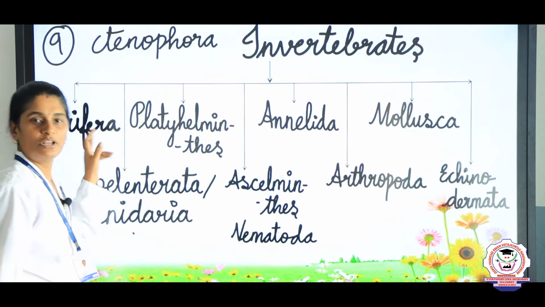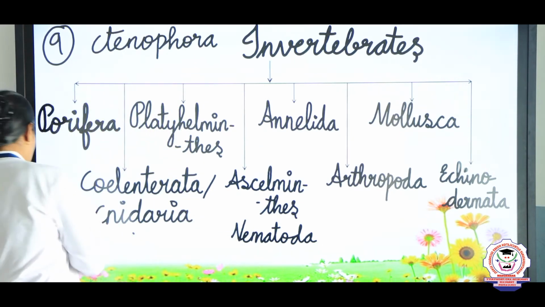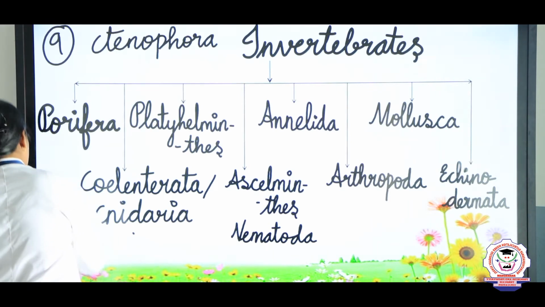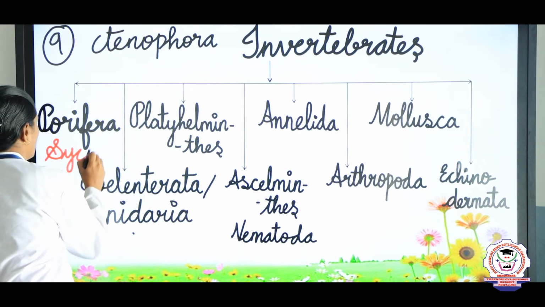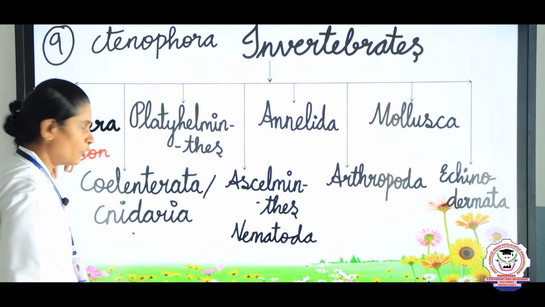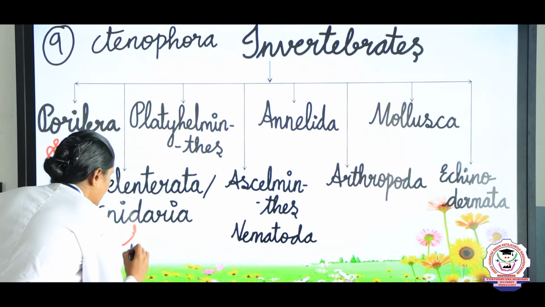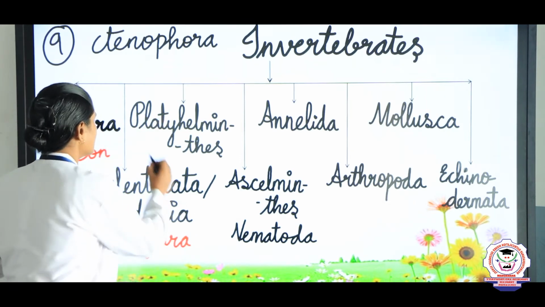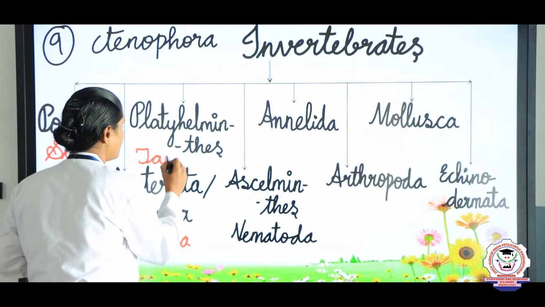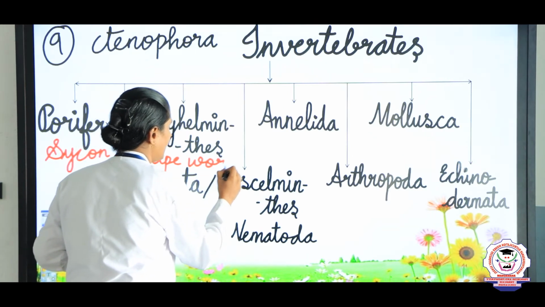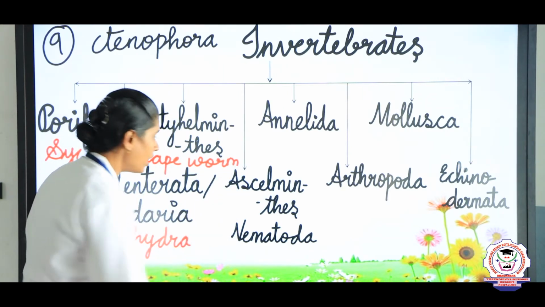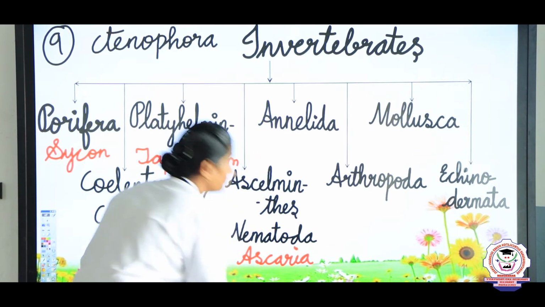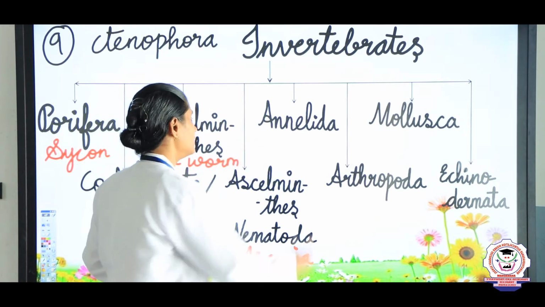For Porifera, Sycon is the example. S-Y-C-O-N. Sycon is the example of Porifera. And for Cnidaria, Hydra. Hydra is the example of Cnidaria. And Platyhelminthes example is tapeworm, T-A-P-E-W-O-R-M, tapeworm. And for Nematoda, Ascaria, A-S-C-A-R-I-A, Ascaria. And example of Annelida is earthworm,